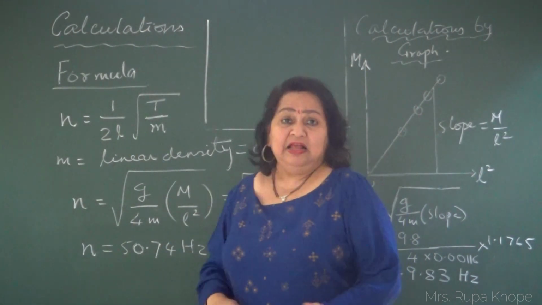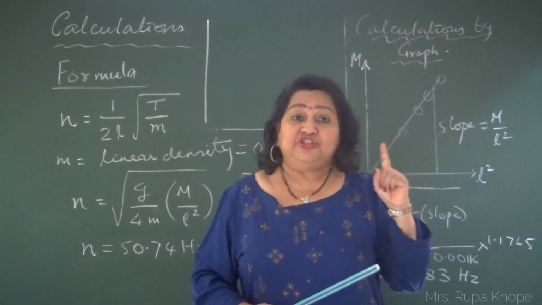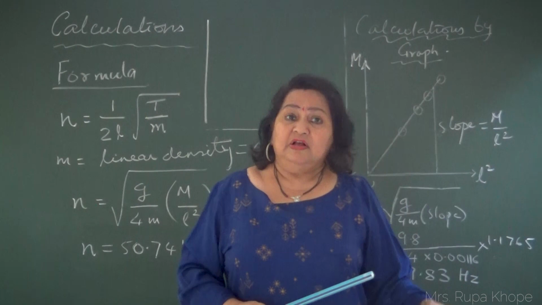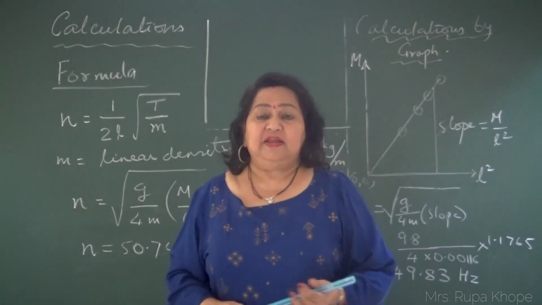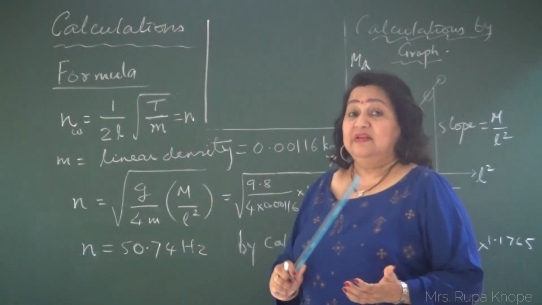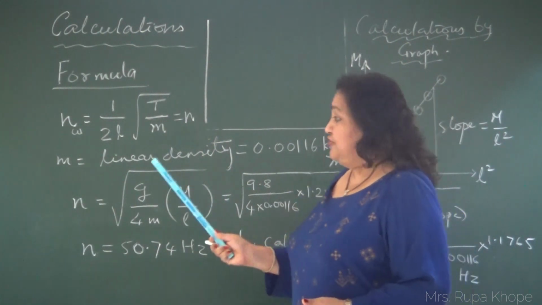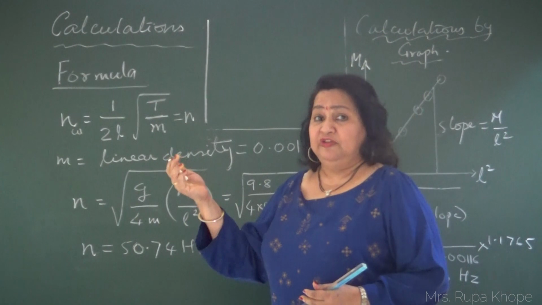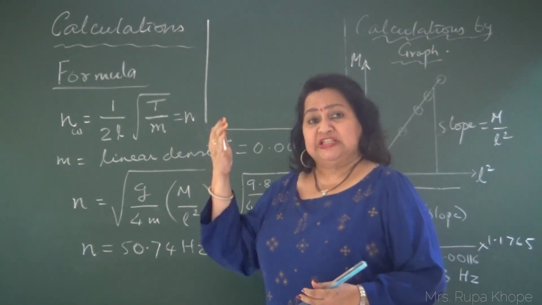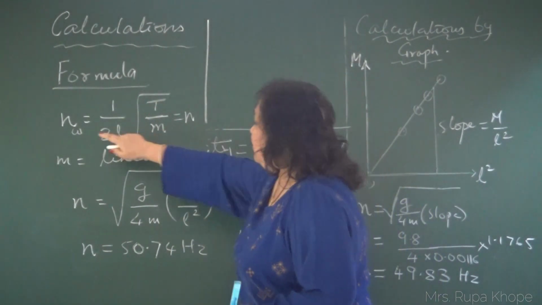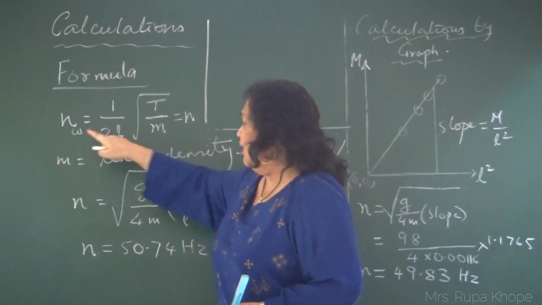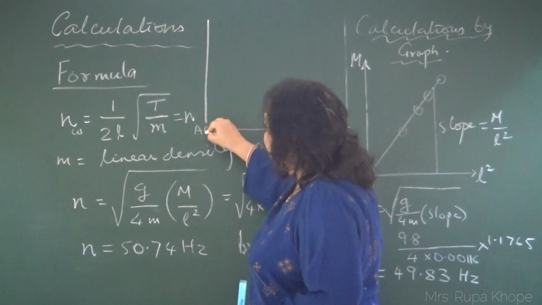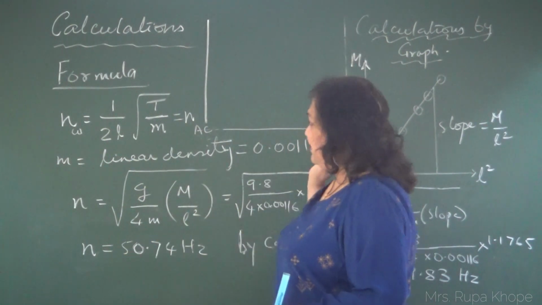And what is L? When resonance is achieved, the frequency of AC is equal to the frequency of the wire. So that length is the resonating length, which is given here. When resonance is achieved, the natural frequency of the wire is equal to the frequency of the forced vibration, which is AC. Therefore, the natural frequency of the wire, for which I have given the formula, is equal to the frequency of AC. So we are going to find the frequency of AC.